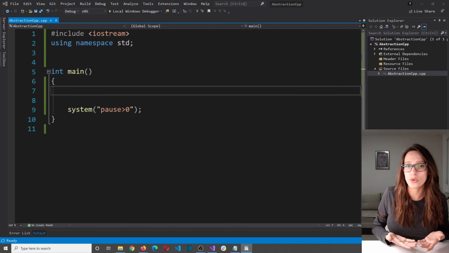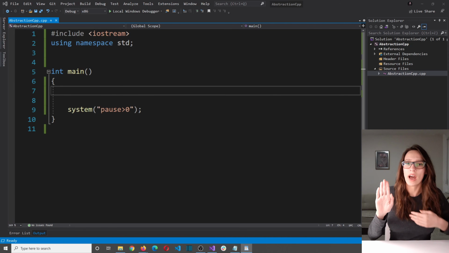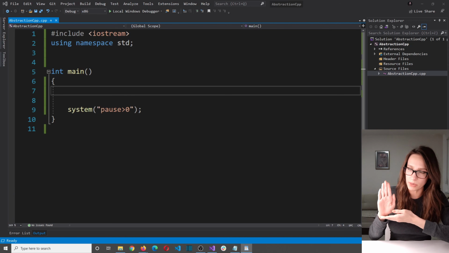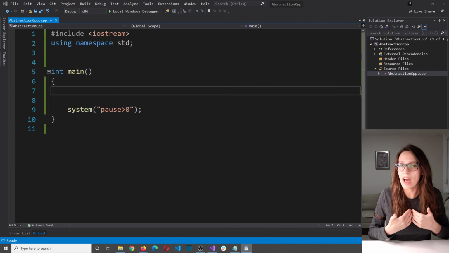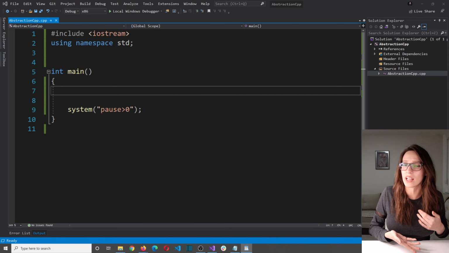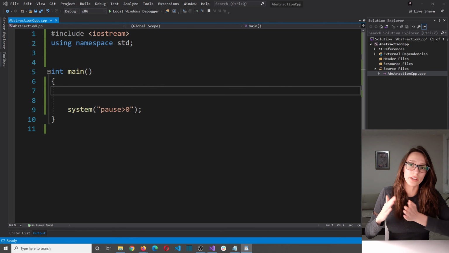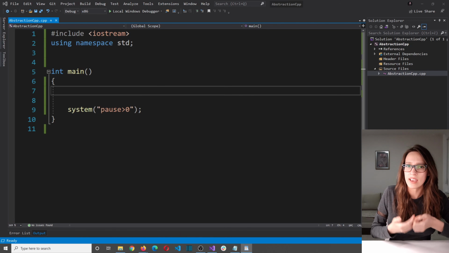So the same way that you can in real life create this abstraction layer which hides all of the complex details in the background and then displays only the important information, you can do the same in programming. So I, as a programmer, if I create a class that implements a lot of different functionalities which are very complex, and then other developers want to use those functionalities, what I can do is I can say, hey, I